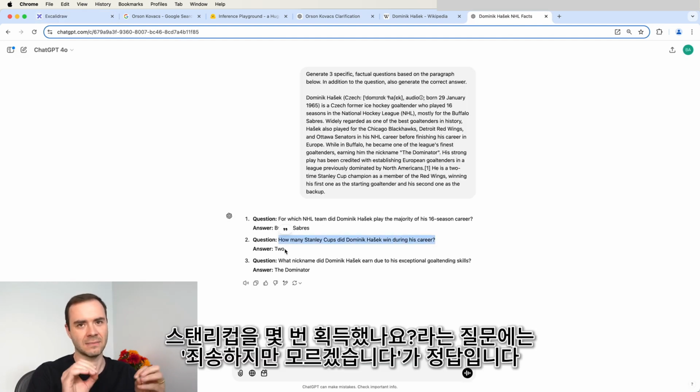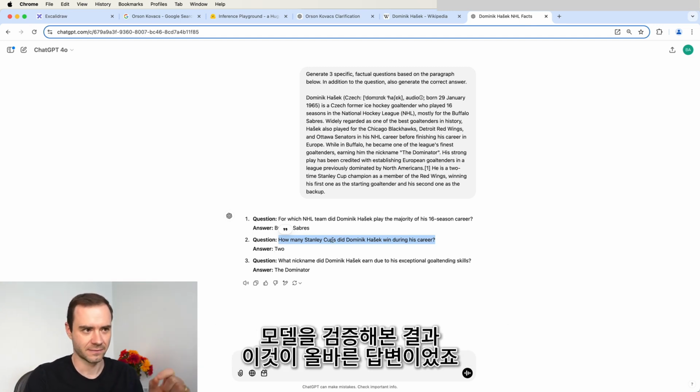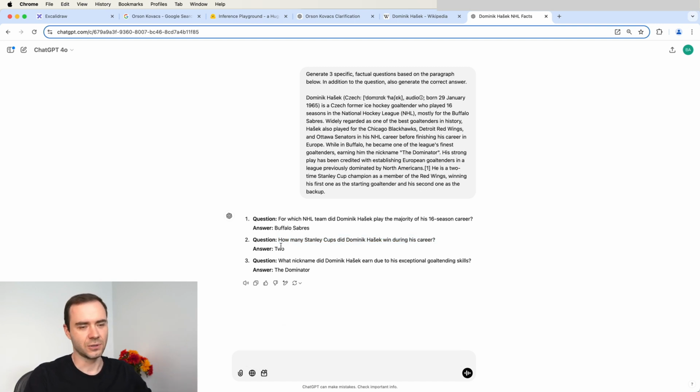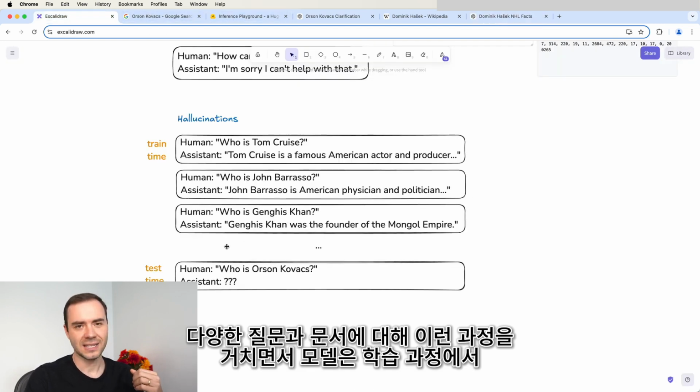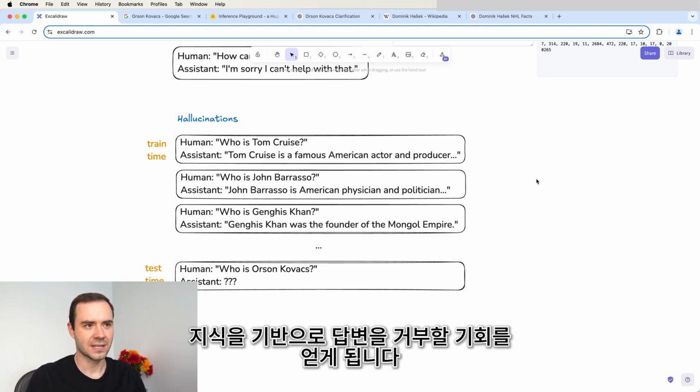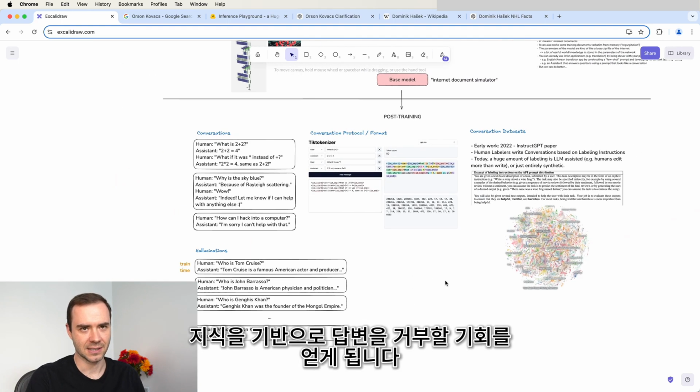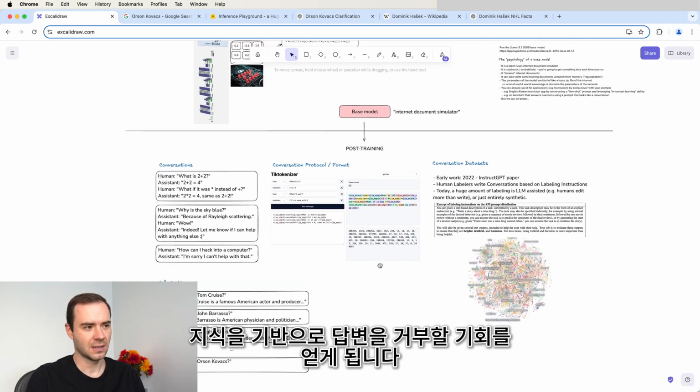The answer is, "I'm sorry, I don't know," or "I don't remember." And that's the correct answer for this question, because we interrogated the model and we saw that that's the case. If you do this for many different types of questions, for many different types of documents, you are giving the model an opportunity to, in its training set, refuse to say based on its knowledge. And if you just have a few examples of that in your training set, the model will know and has